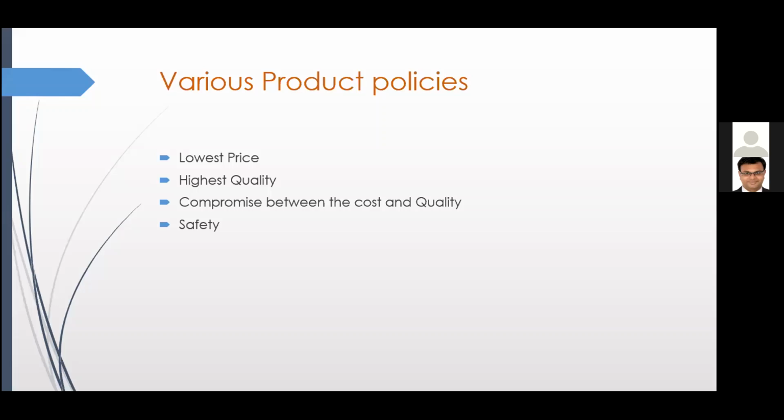There are low pricing products, which means there is a huge production. More number of production means it is a low price product, like